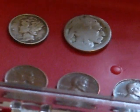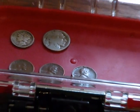And then over here I've got a couple of wheatback pennies. This one right here is a 56S. This is a 54S, and I believe this is a regular 1941 wheatback. But I like this